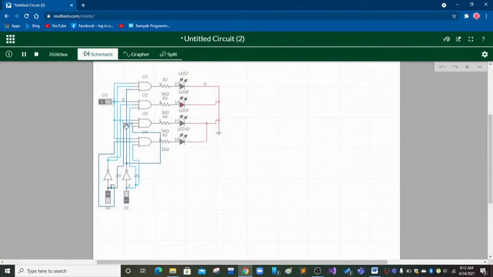Since we can see that when the S0 and S1 is 0 and D1 is 1, LED 7 is working and no other LEDs are working. And when D1 is 0, the LED 7 is off. And for S0 is 1, the LED 9 is working, and when D1 is 0, it is off, and no other LEDs are working.